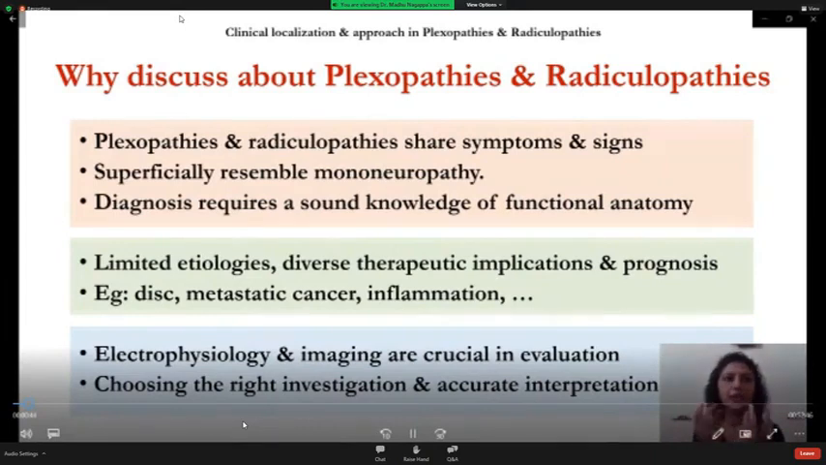It is important to clinically localize the lesion as accurately as possible because while the number of differential diagnoses for which a patient needs to be investigated